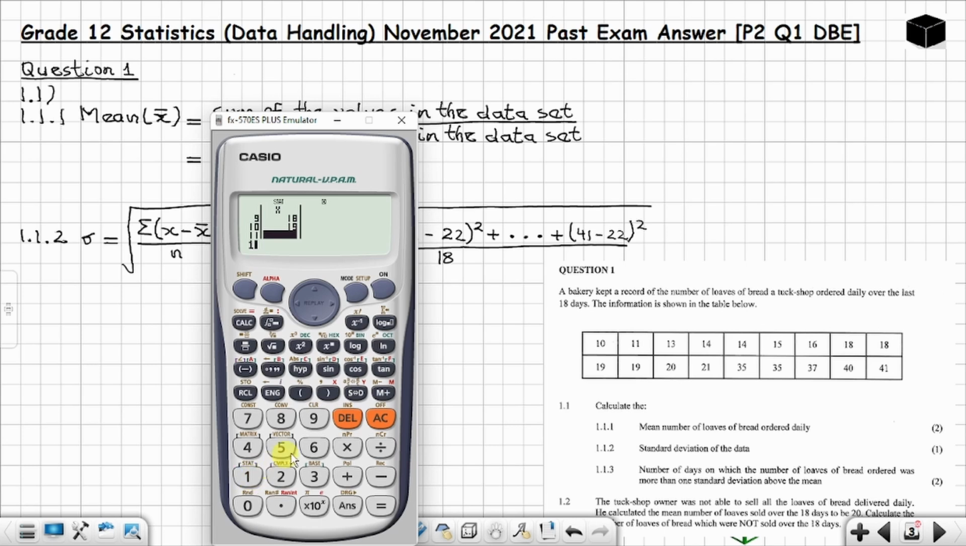And you press equal to insert the values in the table. And 40 and 41. Okay, so we have 18 values. After you have finished inserting all the values, you press SC, okay, and then you go to Shift, and then